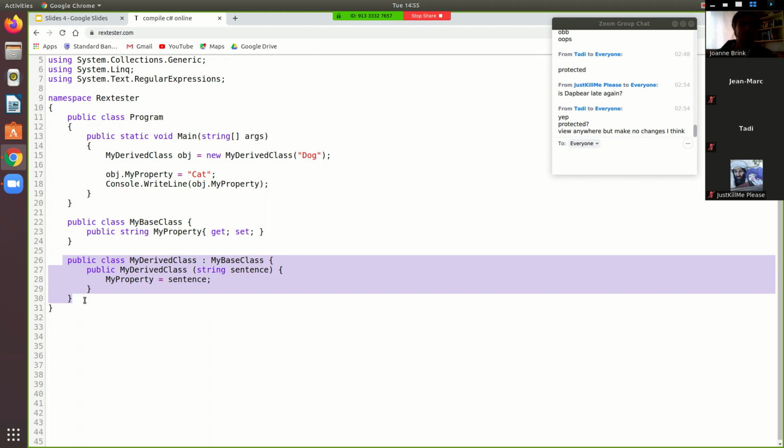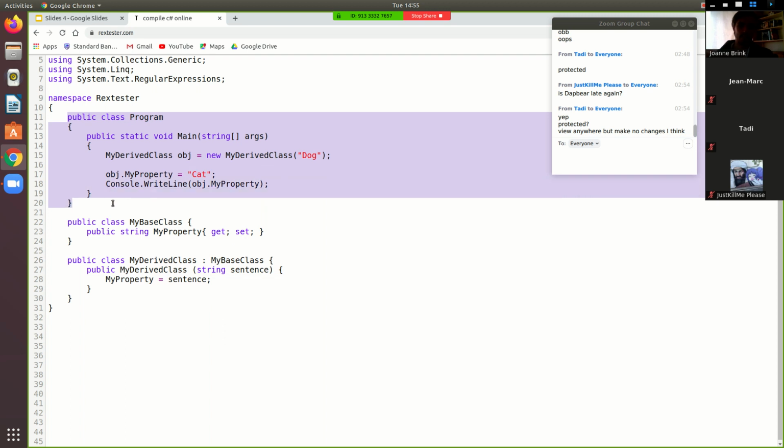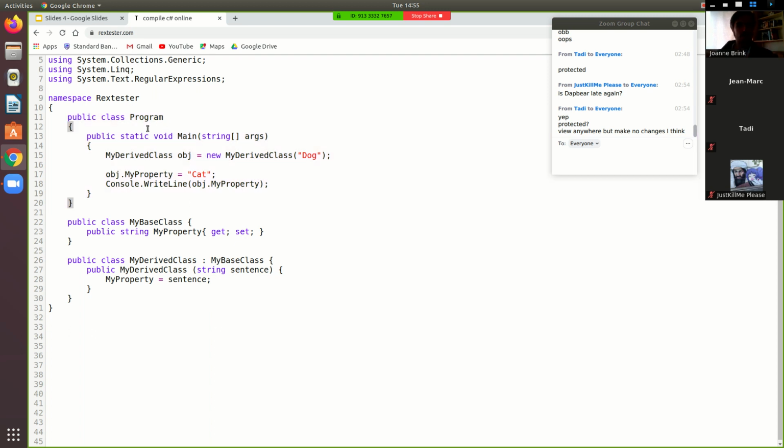Well, let's think. We've got program, and program doesn't inherit from any of the classes we've created. It's not inheriting from anything. We've also got my base class, and it's not inheriting from anything either. My derived class is inheriting from my base class. If I make something private,